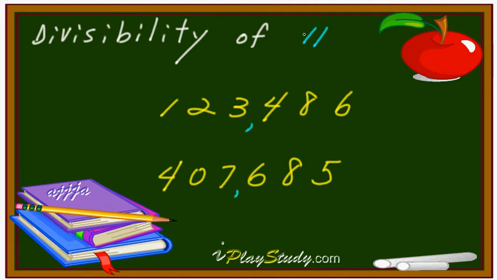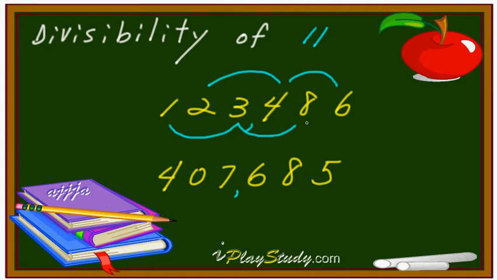Okay, how about divisible by 11? Very special. You have to be careful on this one. Watch carefully. In this case, very special: you just keep adding every other number. This number to this one, then this one to this. Then on this side, you add the other ones, this and this. Just like that.